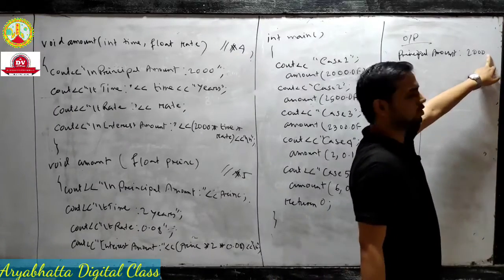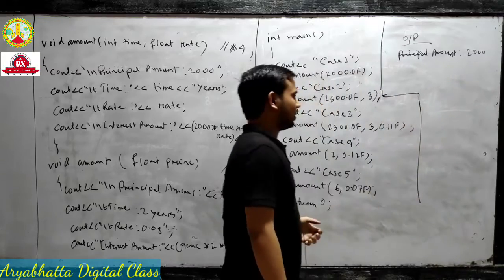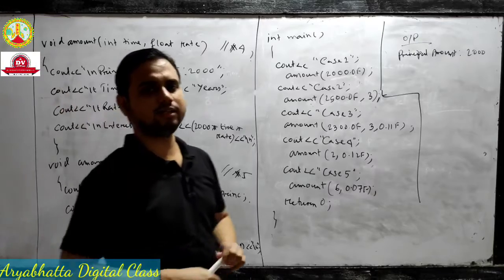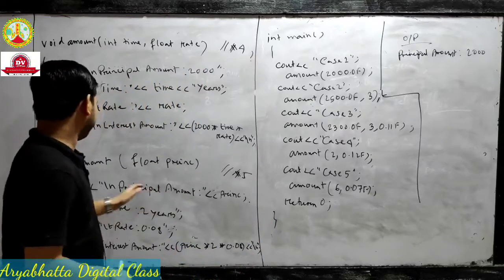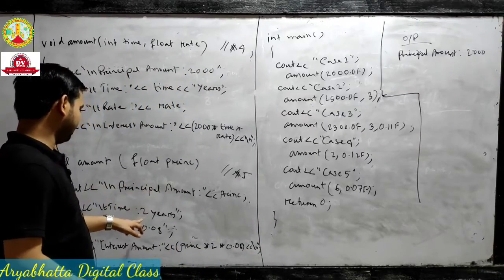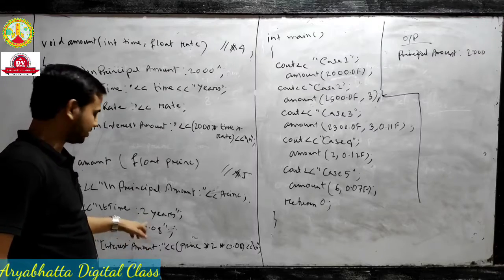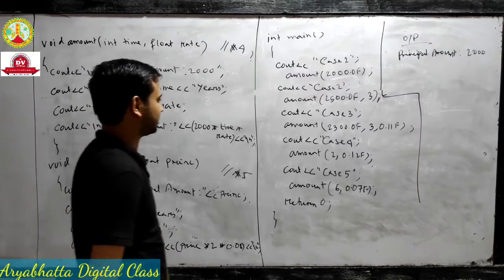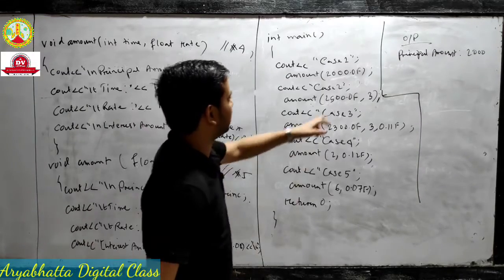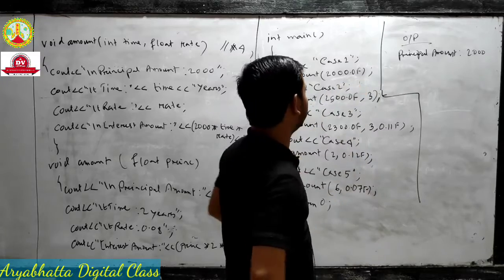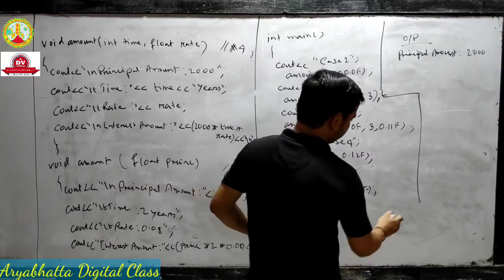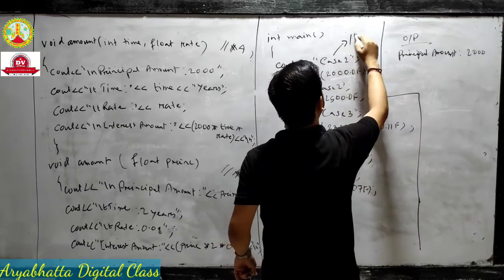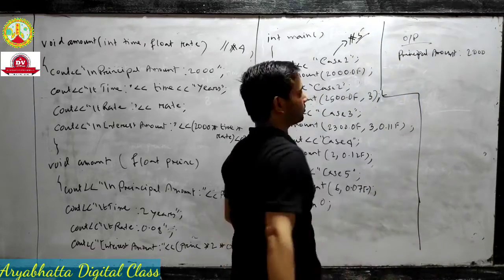Actually 2000.0f, same thing, 2000. But which function has already defined rate and time? You see that in function 5 we declared 2 years and 0.08, which means time and rate are already defined by the user. We define 2 and 8% in the input, and in the main function 2000 is the principal, and this case 1 is for function 5.